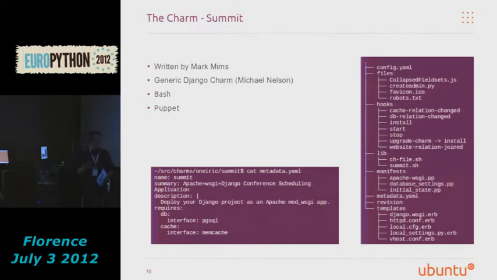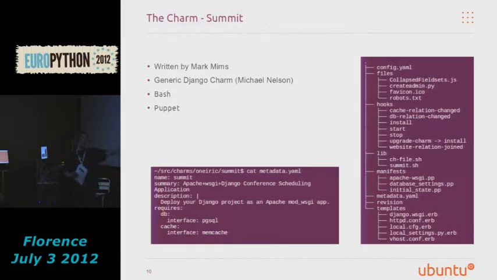It's a really good example of making use of configuration management tools. Although the hooks themselves are written in Bash, the majority of the service configuration is done using Puppet running in headless mode. So if you look at the tree view of the charm on the right-hand side there, you'll see that there's Puppet manifests and Puppet templates that form part of the charm that's used to deploy this service.